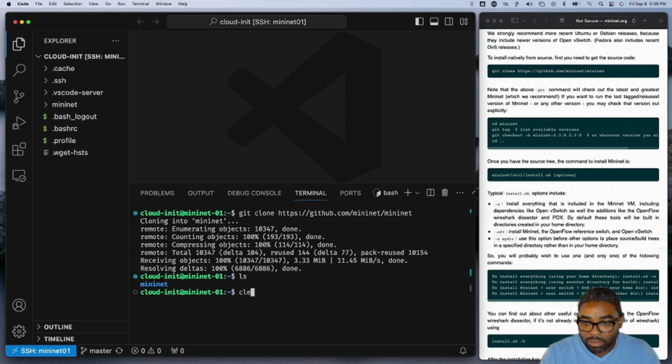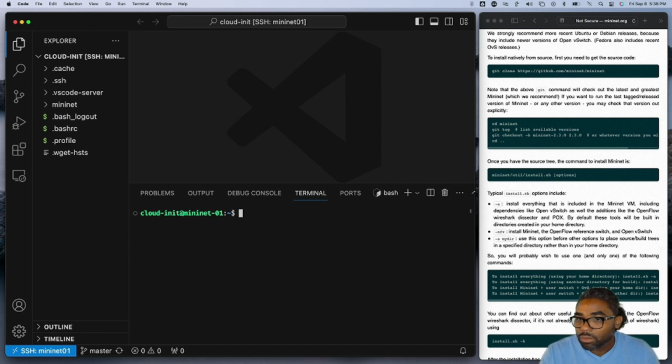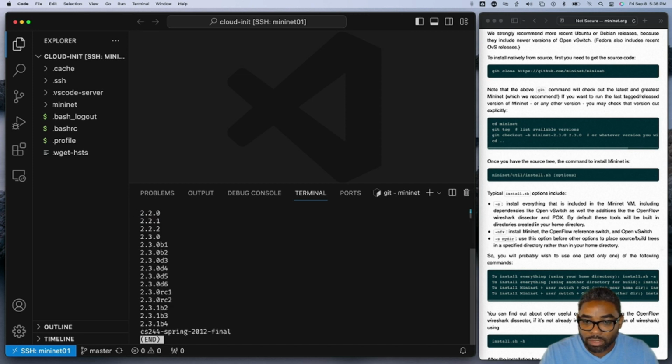So then we're going to clear that. Once we clear that, we want to go ahead and change directory. It looks like that one's going to be mininet. All right, we're in that directory. We want to get the tags, so we're going to do git tag. So it's going to get a list of all the tags. I'm going to quit this, and we want to check out